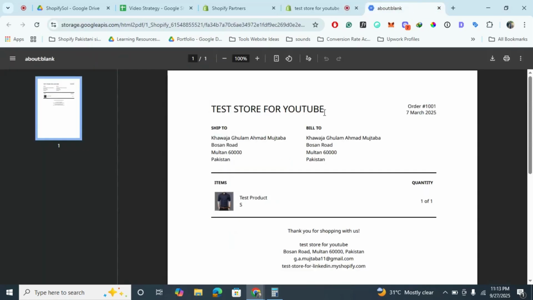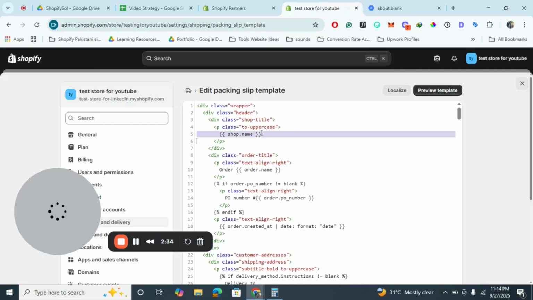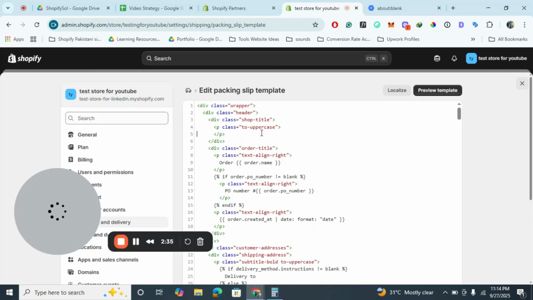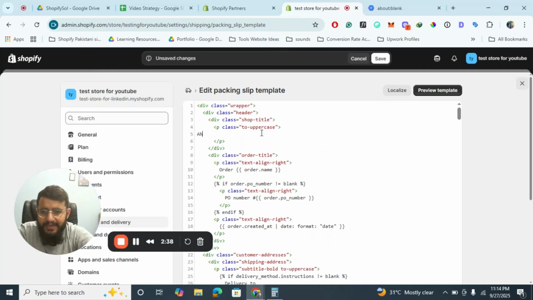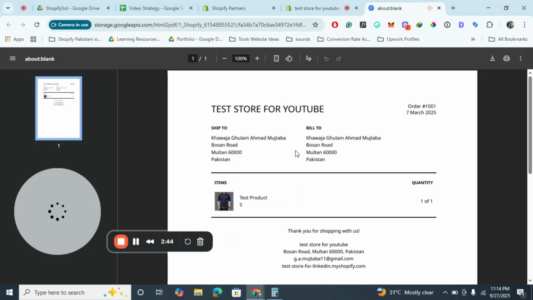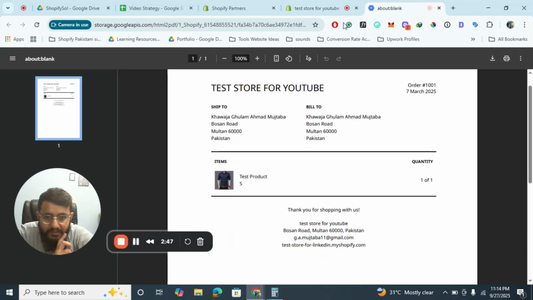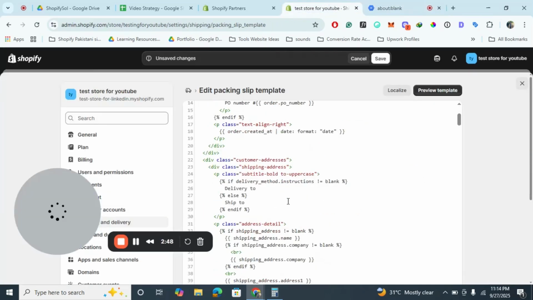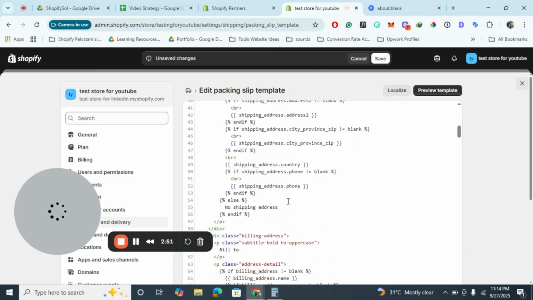So as you can see, this is how it looks like, and you can edit almost all the stuff in it. Okay, for example, if I want to change my name, I don't want to display my by default store name, so I can write Ahmad Mustafa. And also if I want to change thank you for shopping with us, I want to change this thing. So for example,